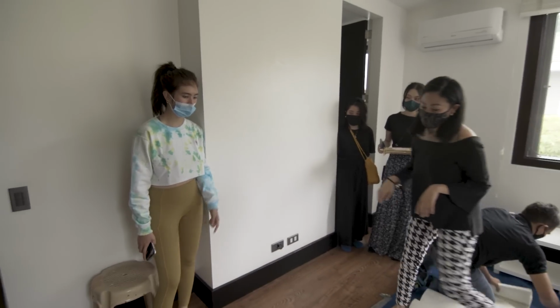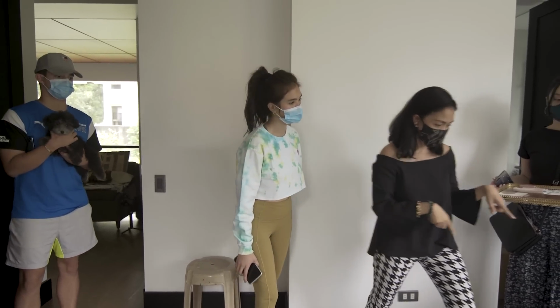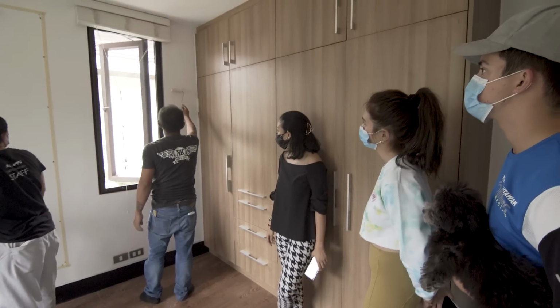Working with Sofia and Daniel, I haven't met Zoe, to be honest with you, but I actually didn't think they would make bantay. They're so chill and they really hung out with us. I guess they're very curious about the process. One thing that struck me is when Sofia and I opened the paint, because she was very particular with the pink. In fact, she said, Cindy, I'm not very much of a pink person. And I said, sige, let's open the pink paint. And the moment we opened it, we were both like,